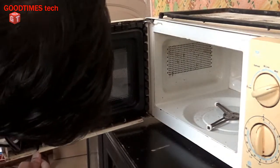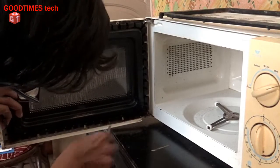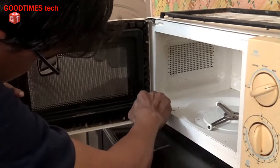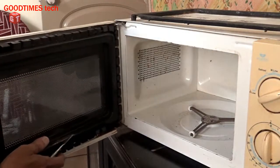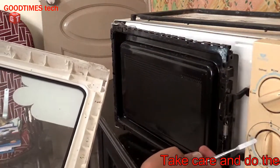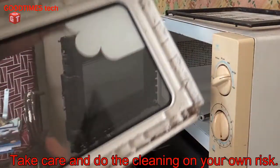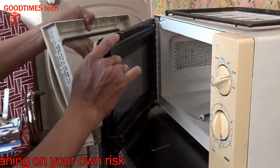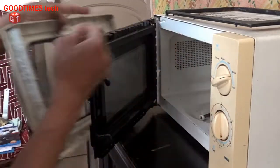Here we go. This is it. As you can see, you should keep holding this while removing it, or else it will fall from your hand. If you only hold this shielding part, and just leave this alone and try to remove these locks,